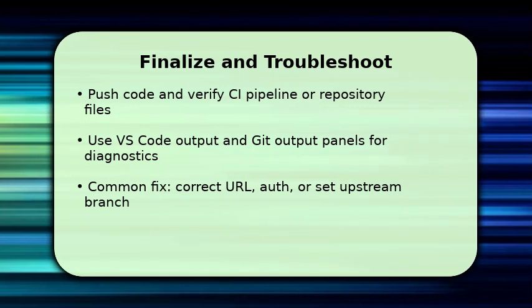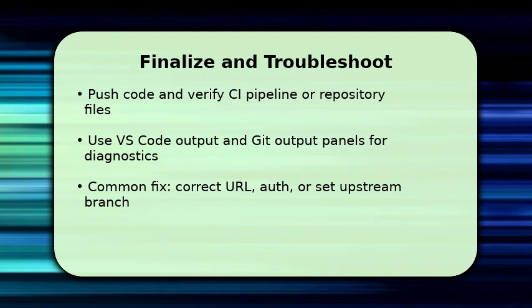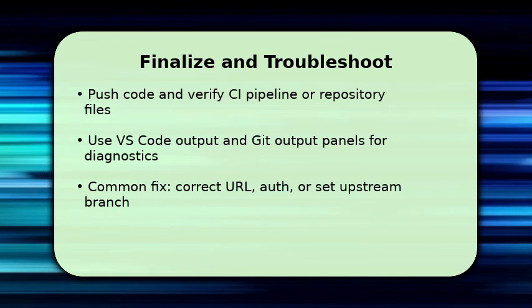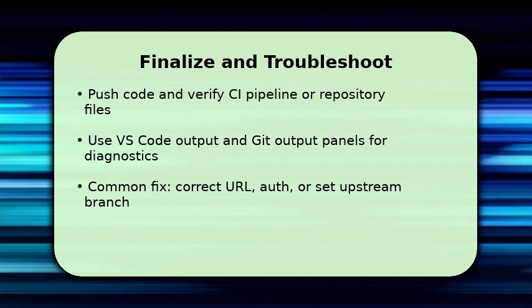Use VS Code's Output and Git panels to watch authentication and push logs. They reveal whether SSH, token, or URL is failing. If push is rejected, check the remote URL, ensure you set the upstream branch, and re-authenticate with ssh-add or refresh the token. If permissions errors persist, confirm your GitLab project access level and that your key or